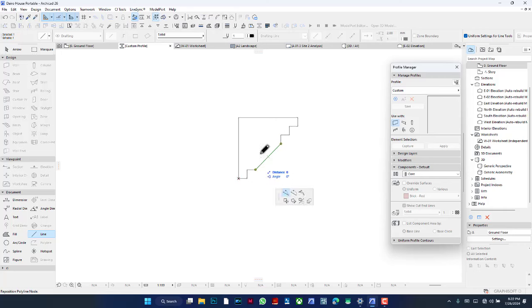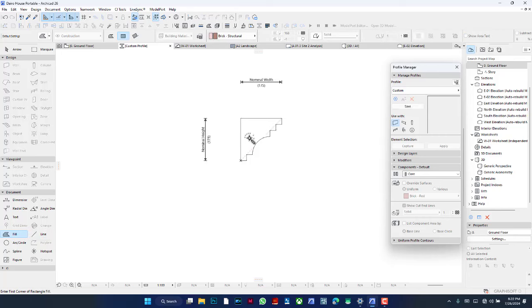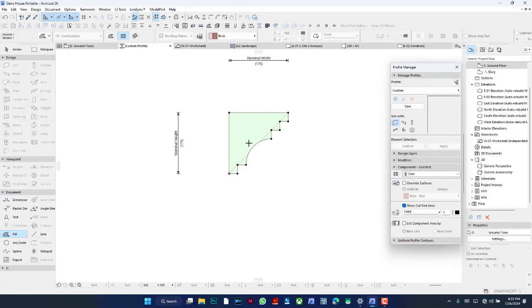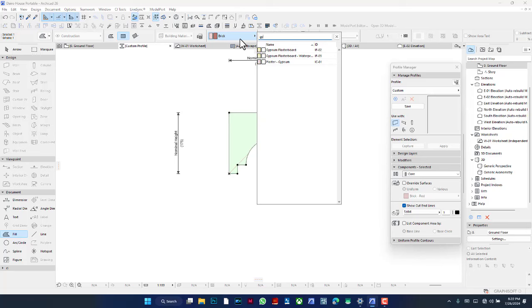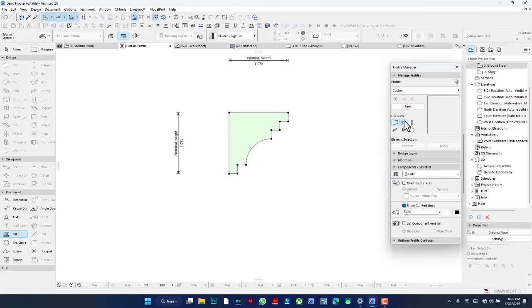Now the exact way I'm drawing this doesn't have to be the way you are drawing yours. I'm merely doing this because I want a shape like this for the cornice, kind of what we have for concrete fascia, but in this case it's for interiors. So I use the magic wand tool to fill it up and then change the material to, I could say, gypsum, plaster gypsum, okay, and then I save it with beams, not walls, beam profile, and I name it Cornice